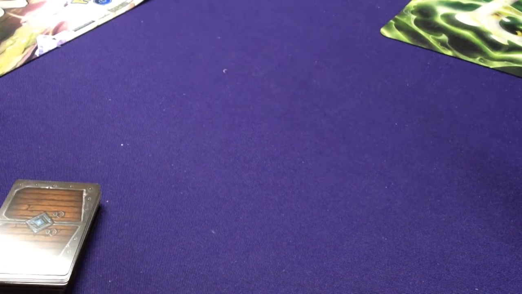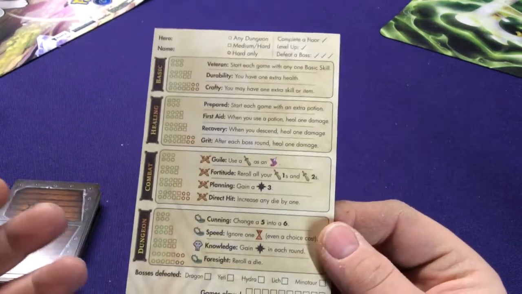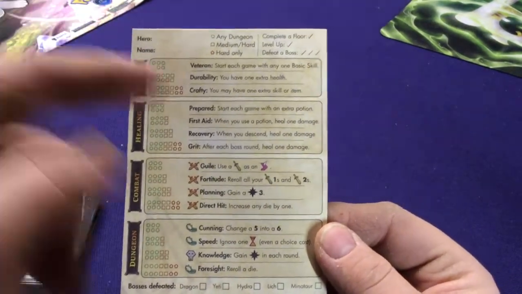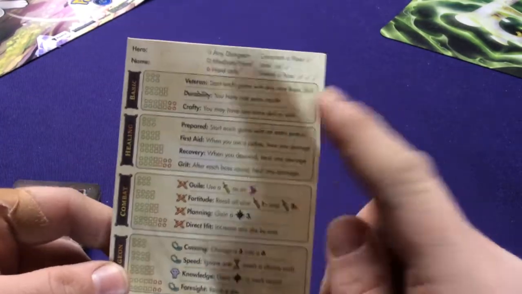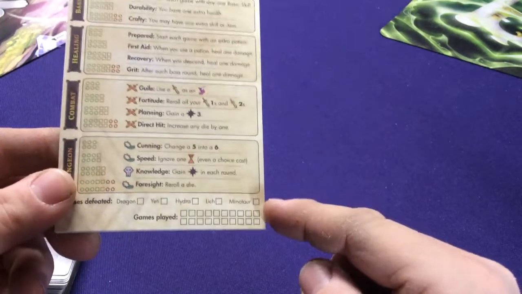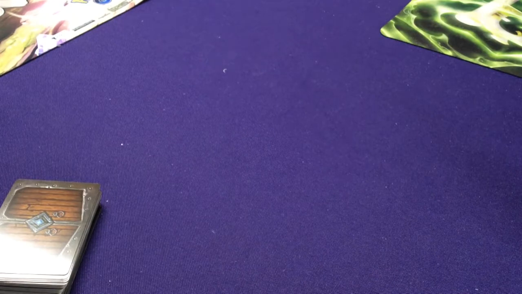The other components, just to go over this, is we have a campaign board. So if you want to play a campaign and play through a bunch of different stuff, as you achieve certain goals, you can mark these off and gain different abilities by completing them on different difficulties, completing floors, and different stuff. So it's a way to, if you want to play multiple games in a row, you can get